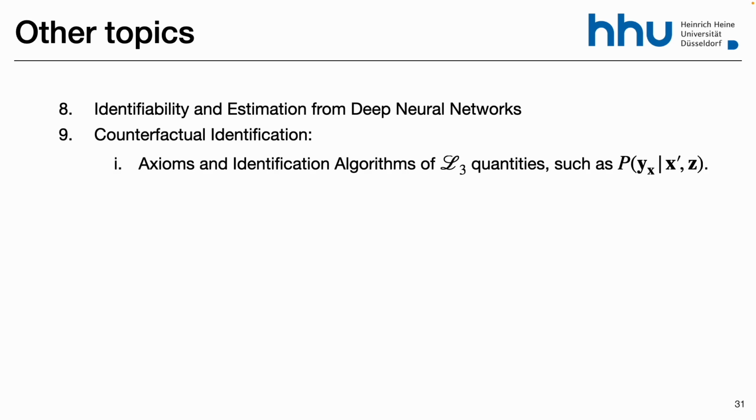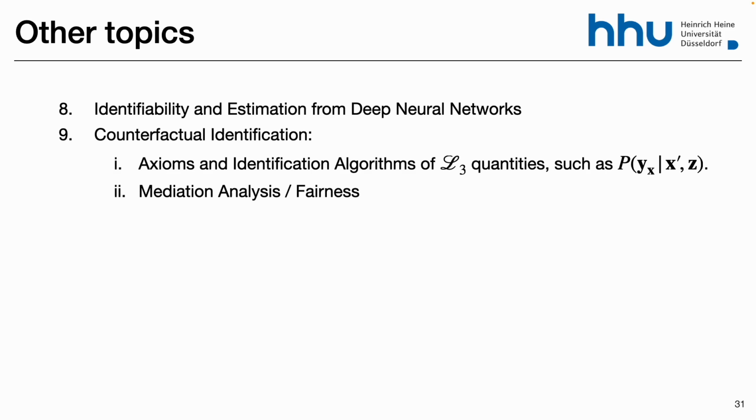Counterfactual identification, as I said, has several axioms and identification algorithms. I just touched the surface here. But one thing that's really useful with counterfactuals is mediation analysis. Maybe you have heard about it. Basically, I want to know the direct effect. Sometimes you have a total effect, but I can get the contribution of the effect through some specific paths in the graph.